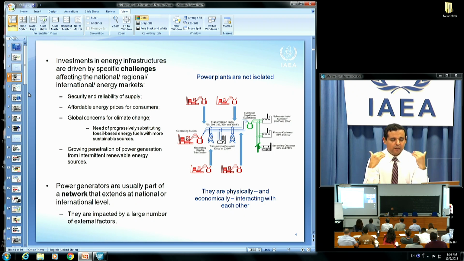In general, when we talk about power production or investment in power production capabilities, we are looking for benefits such as security and reliability of supply, affordable prices for the consumer, global concern for climate change, and a number of benefits which we expect from these power generating plants. Now, having all these plants in one place, in a grid, this is a bit challenging because